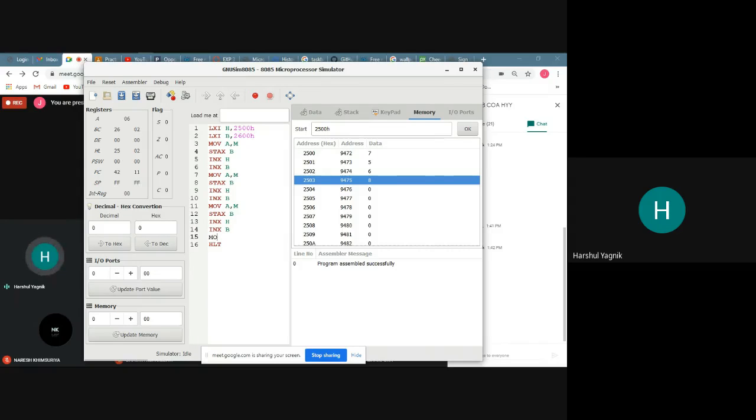First you have to get the data from memory to the accumulator by the MOV A,M instruction, and then store that back to the memory location using the STAX instruction. So these two instructions, MOV A,M and STAX, are indirect addressing mode instructions. Okay, now run the whole program. Go to 2600. It is copied now. Okay.